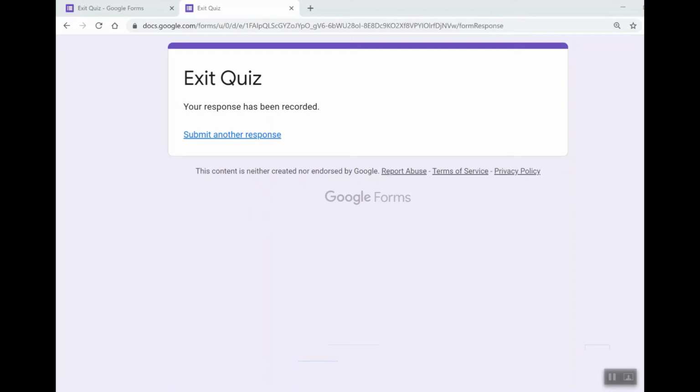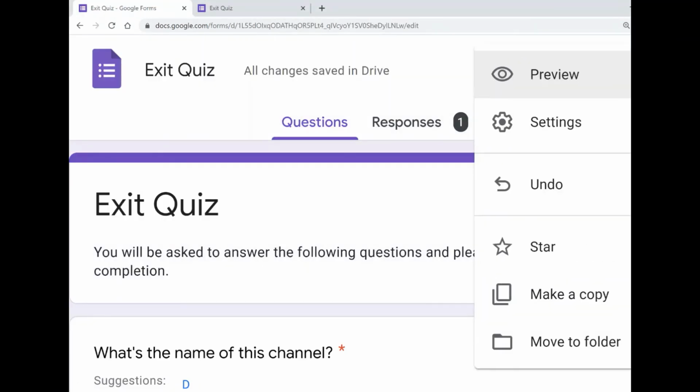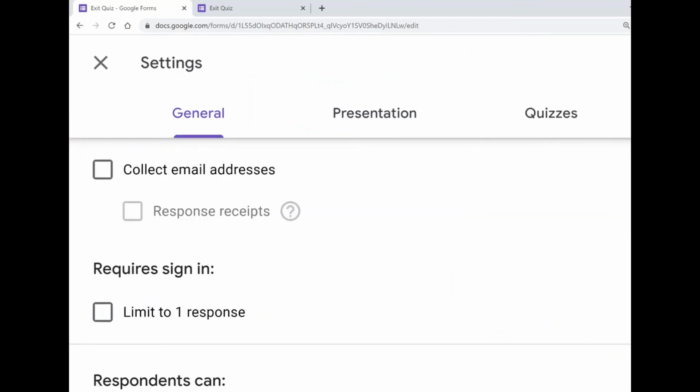However, let's assume that you want to collect their email address as well as let them have a copy of their responses. So let's go back to the editable form and go to settings. Let's click the settings button. Let's put checkboxes next to Collect email addresses and Response receipts.